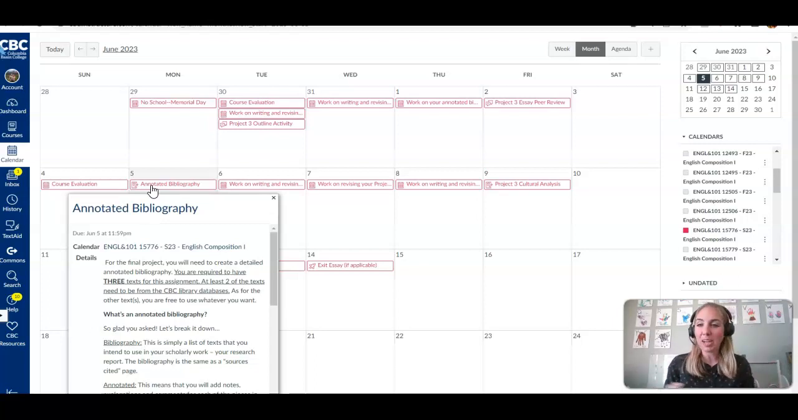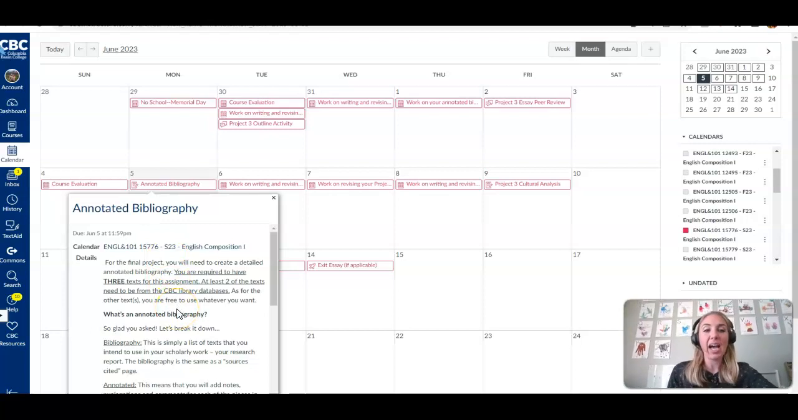So the annotated bibliography is 3 sources that you're going to use in the essay. You can absolutely use more than 3 sources in the essay. You just don't have to put them on the annotated bibliography. You'll put those on the works cited page in your essay, but you only need 3 sources in your annotated bibliography. The annotated bibliography is a highly formatted document, so make sure that you are using the templates that I've